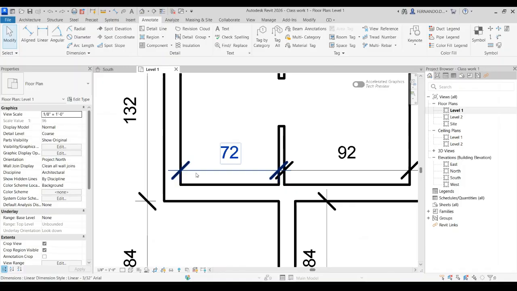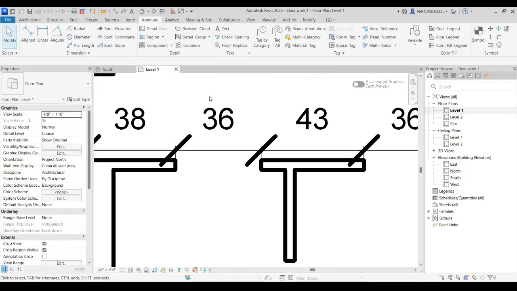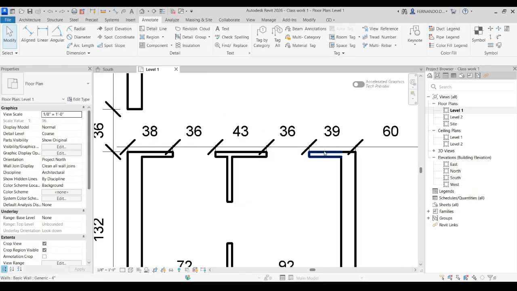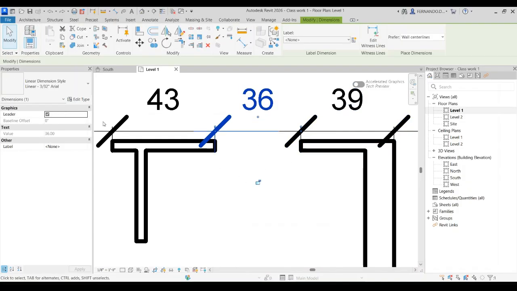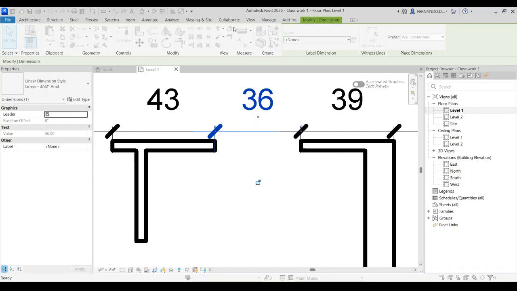And there is not a fixed criteria for this, but for example, this tick line is too thick and too long. So can we fix it? In this, we have the linear dimension style, and we can edit type. And if we edit type here, we have a lot of options, for example, the tick mark. It's a diagonal 1/8. We have a diagonal 3/64. Apply. Okay, looks better. You see,